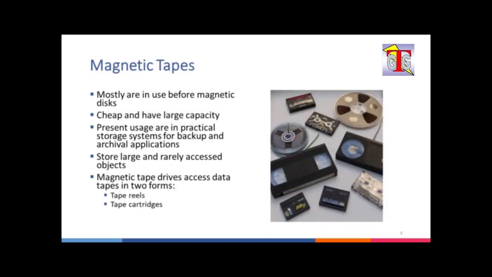Magnetic tape is a medium of magnetic recording made of a thin magnetizable coating on a long narrow strip of plastic film. It was developed in Germany in 1928 based on magnetic wire recording. Devices that record and play back audio and video using magnetic tape are tape recorders and video tape recorders respectively. A device that stores computer data on a magnetic tape is known as a magnetic tape drive.